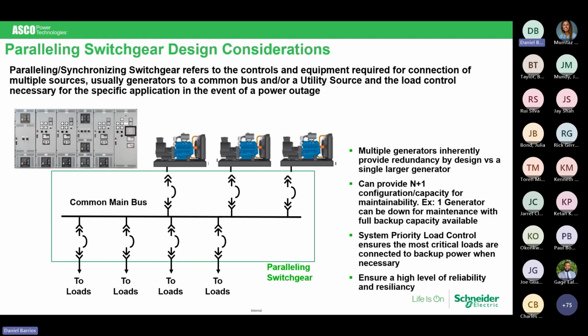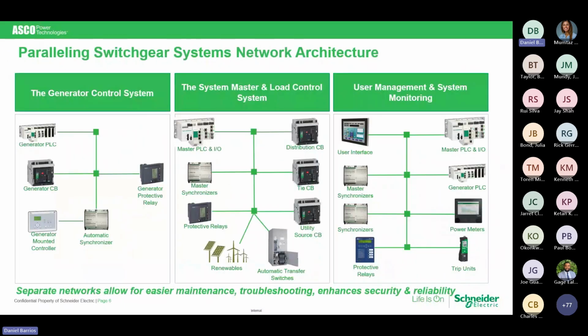You need to be sure of that if there are not equal size generators. You have a 500 and two 1000s. If that 500 is the first one to hit the bus, it may be overloaded depending on what that priority one load is. Okay? We're going to run all three generators until we realize we don't need that much power. We're going to talk about load control. We're going to talk about bus optimization in many of these slides.